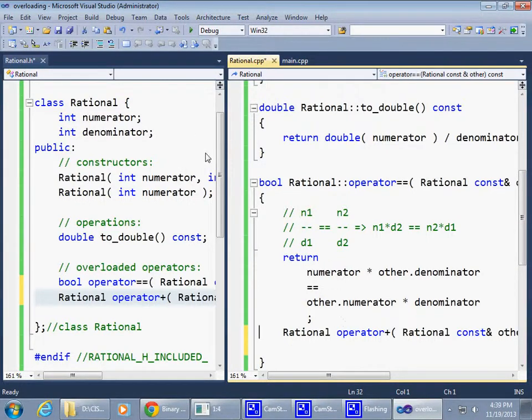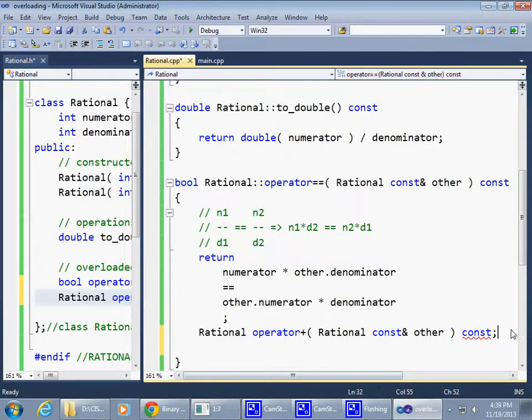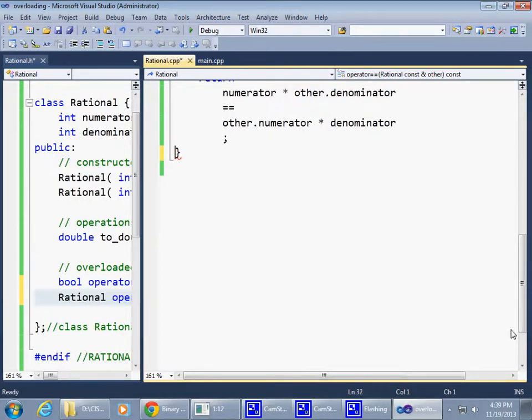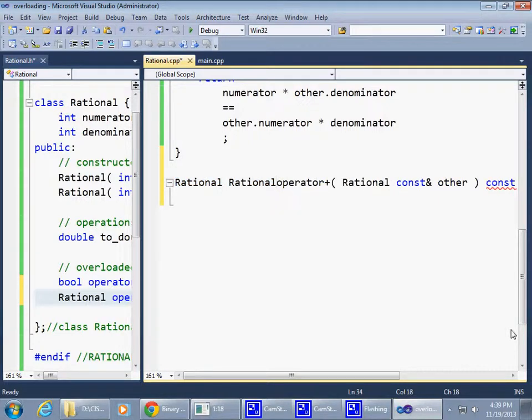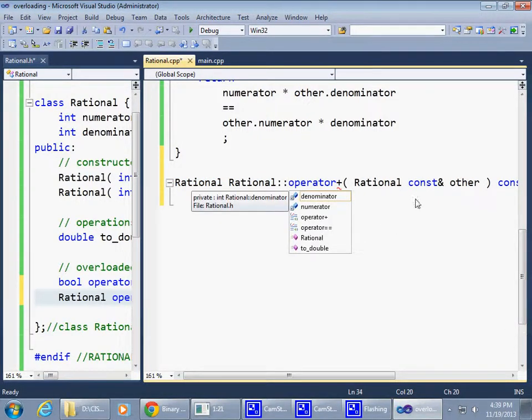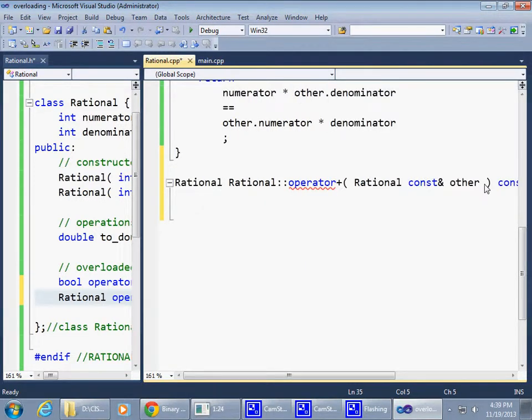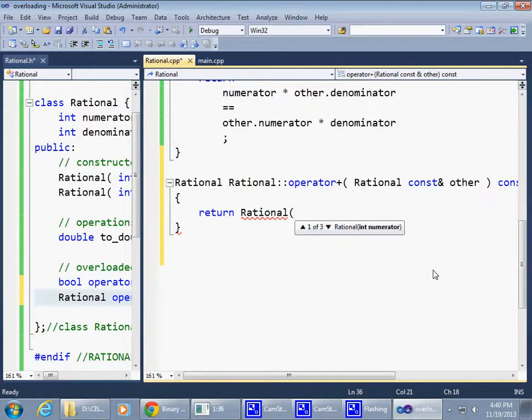Okay, and in the implementation file, we'll just say, all right, wrong place to paste it in. Nested functions are not allowed, so this needs to be another rational operator function, which takes other, which will have a body right here, and what we're going to do is return a brand new rational object constructed from, because this is a plus, so we need to find a common denominator, right? So we need to say, all right,